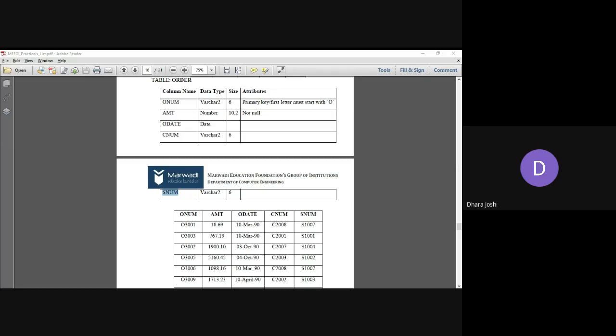Okay. After 2 minutes, I will go downside in that PPT and that PDF, like you are identifying the records clearly, and you started with the insertion of the records into the table.